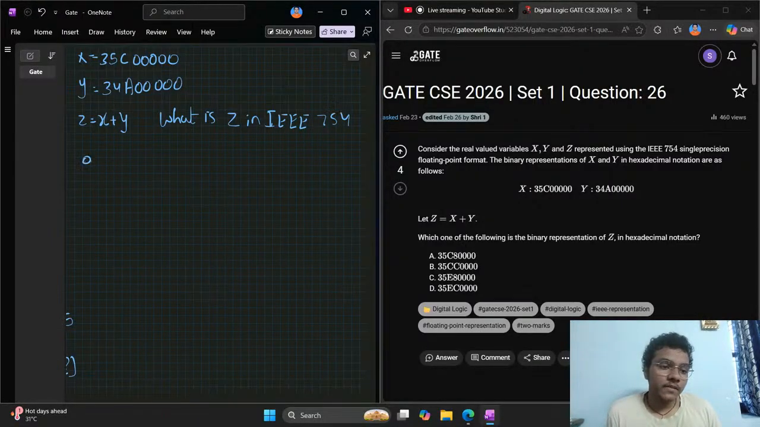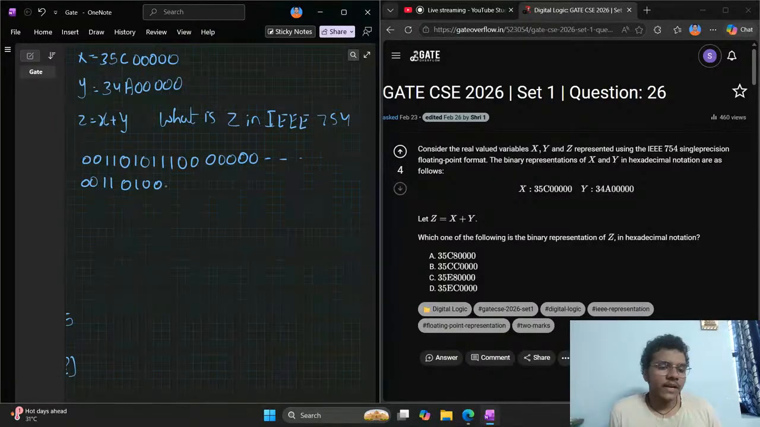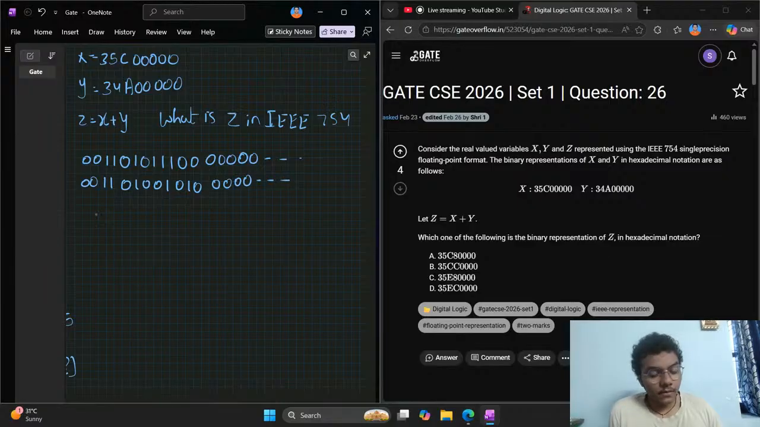So 3 is 0011, 5 is 0101, right? C is 12, that is 8 plus 4, that is 1100, and that is it. And similarly y is 0011, and 4 is 0100, and A is 10, so that is 8 plus 2, that is 1010, and the remaining all we got are zeros. So the value is minus 1 to the power of sign bit times